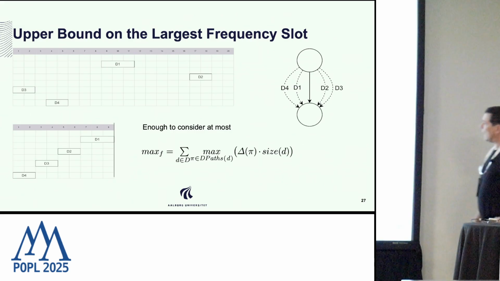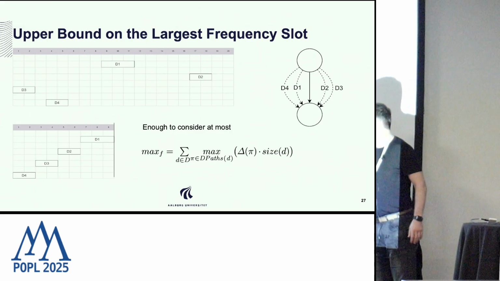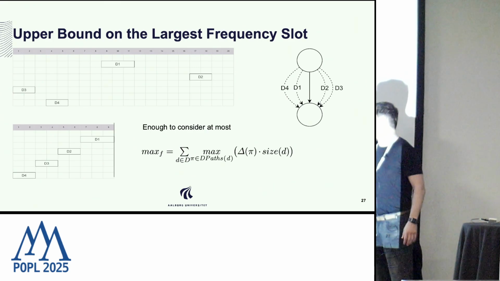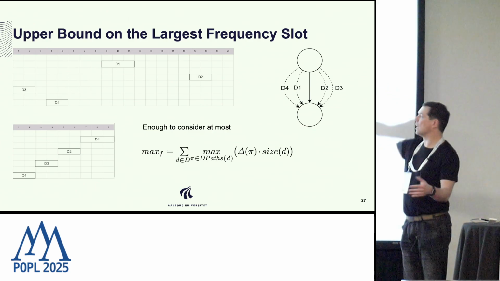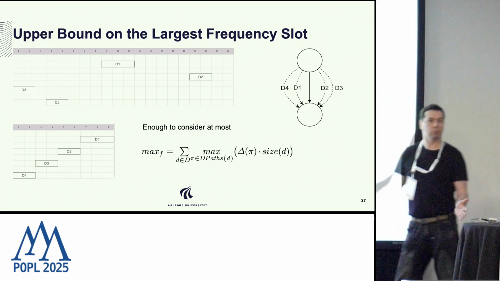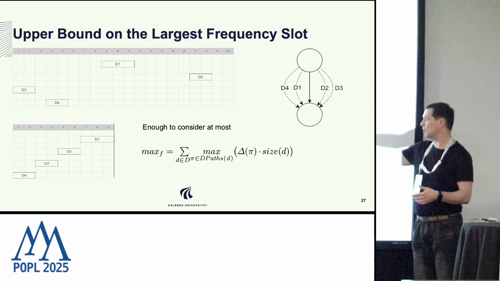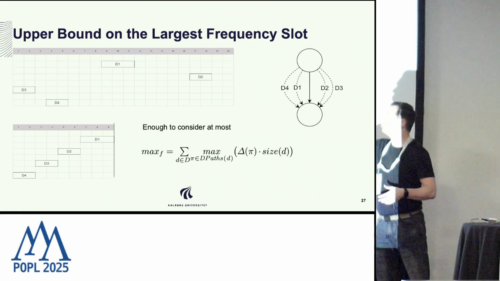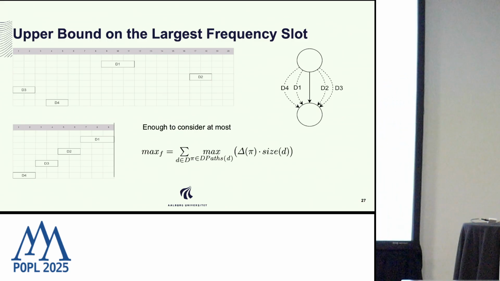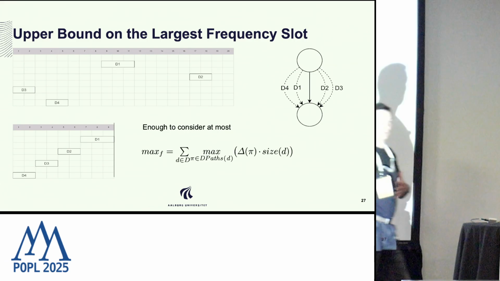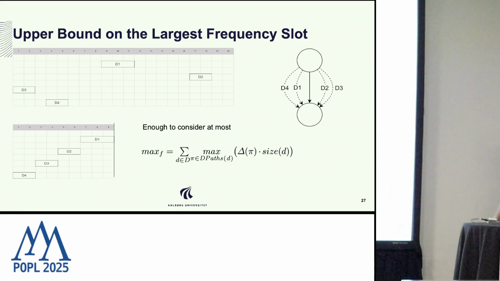So first, we can actually compute the sum over all demands of the maximum number of slots they need, and we simply limit the number of slots to this maximum value. Because we know if there is a solution, there will also be a solution that doesn't use more than that many slots. So instead of exploring this huge state space, we just limit it to 9 in this case, and we know the solution will be there. So that's a pretty simple technique.